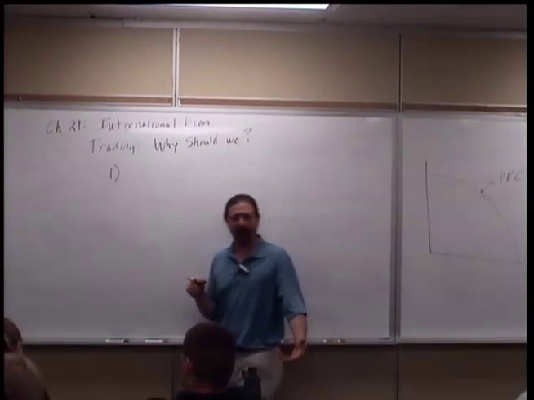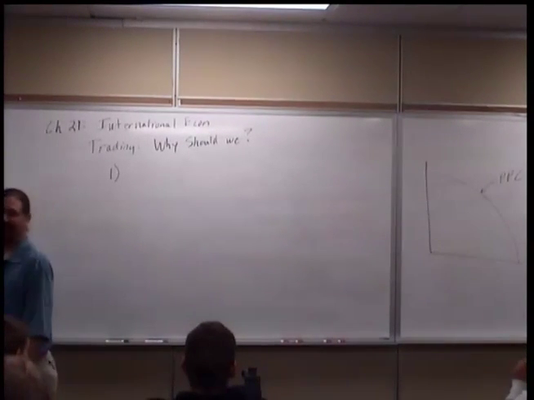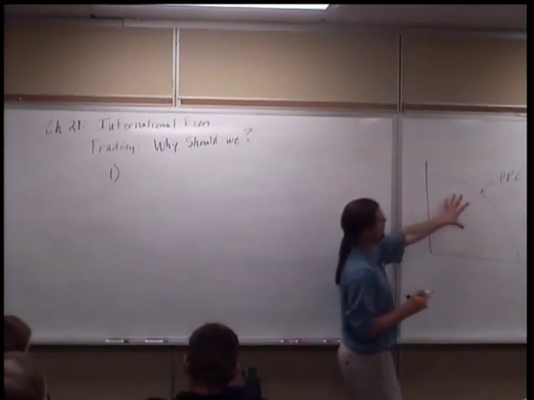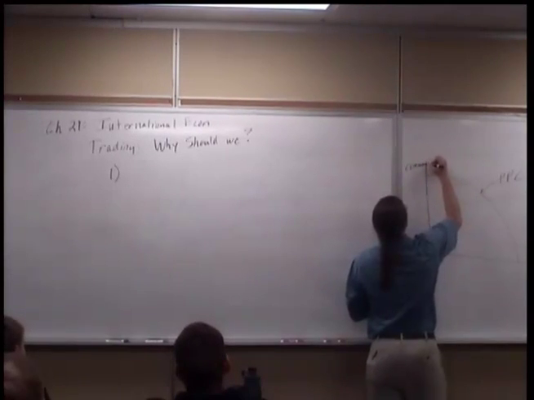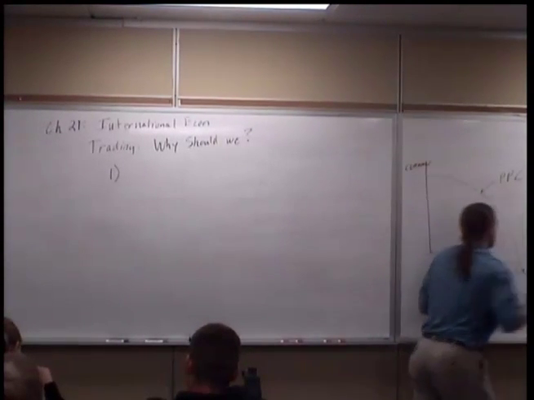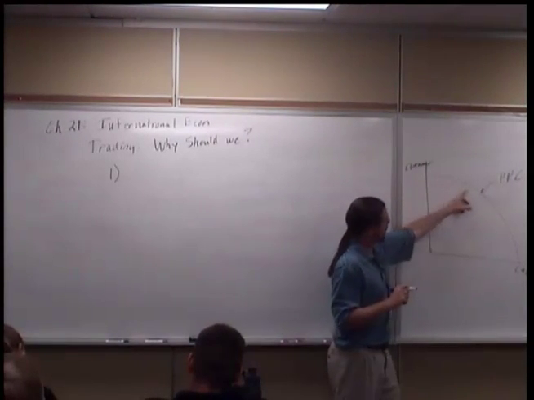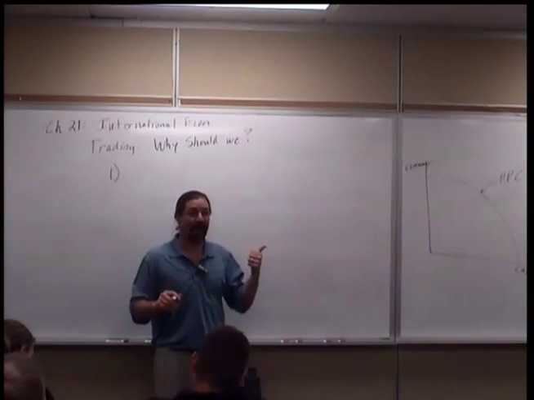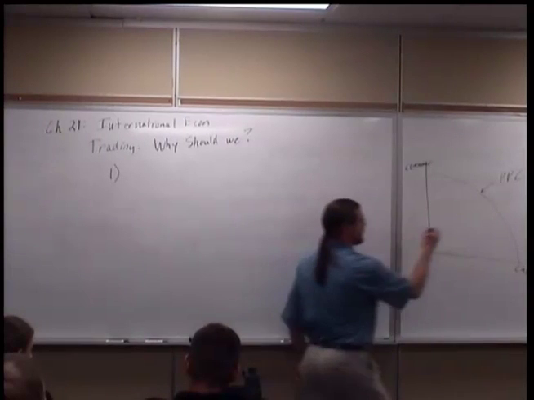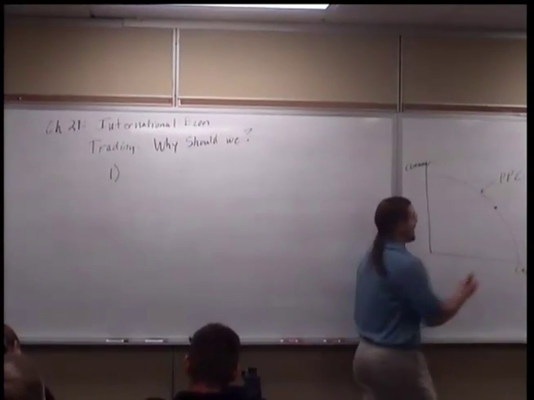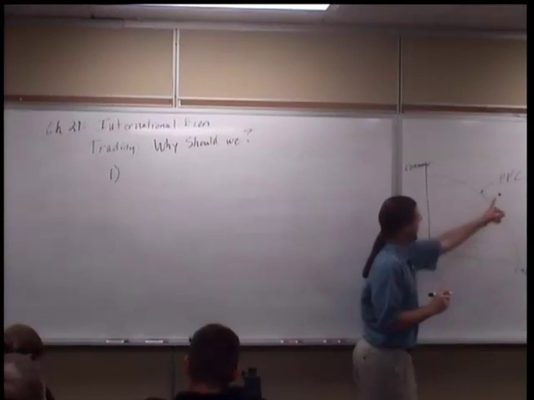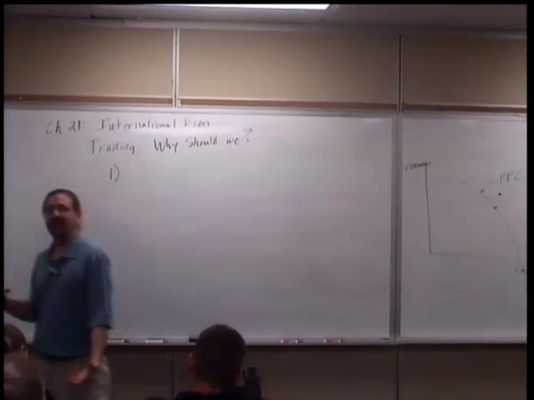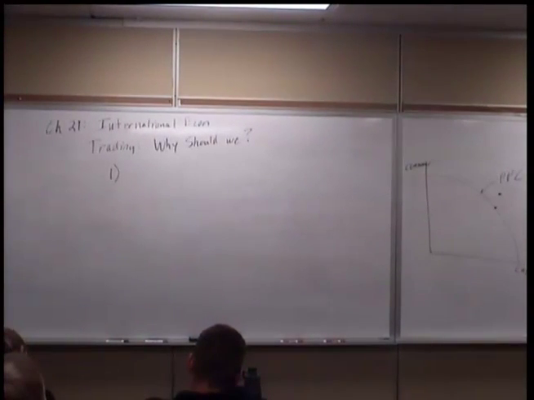The PPC. What does the PPC stand for again? Production Possibilities Curve. Lovely. If we limit ourselves, remember that this is like consumer goods and capital goods. If we don't trade, we are limited to the amount of consumption we can do by this curve, right? And that's assuming that everybody has a job and all of our resources are being used. This is the maximum that we can get to. Normally, when I ask you, can we get out to this point where we have this many capital goods and this many consumer goods, can we get there? No, we can't. That's if we don't trade, right?